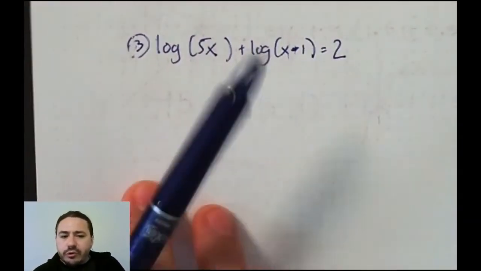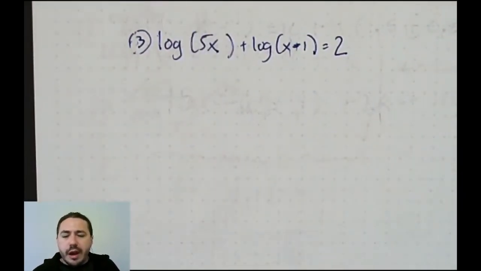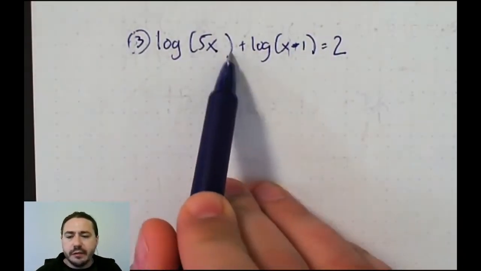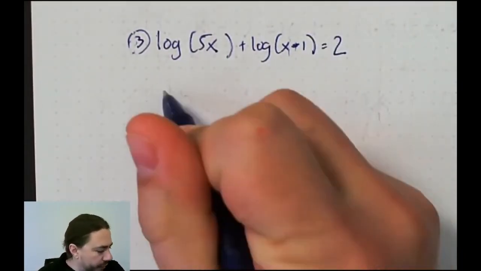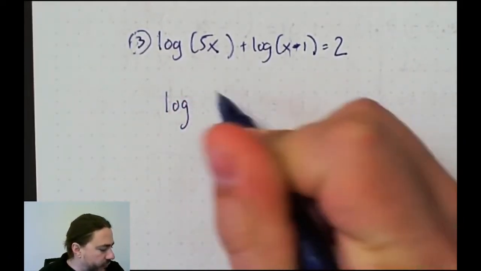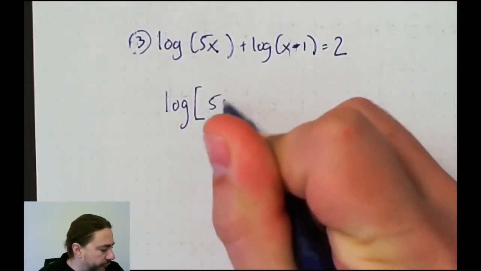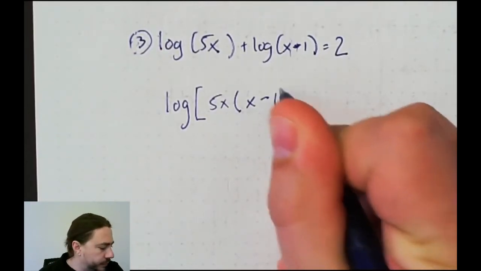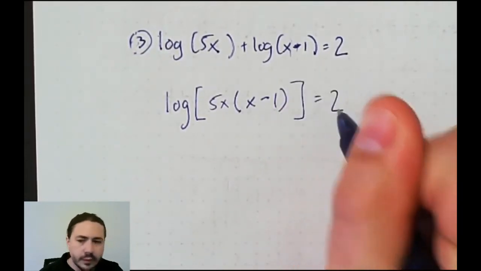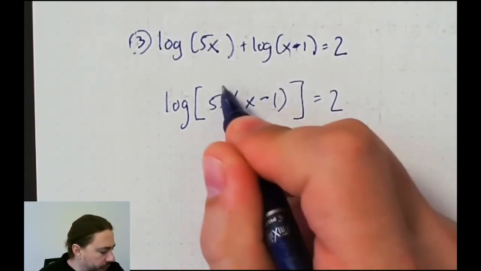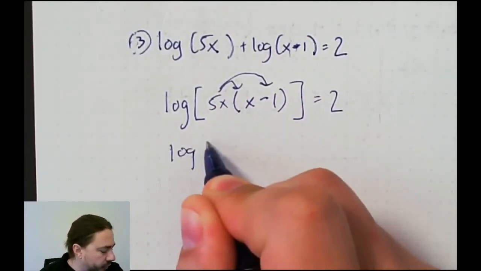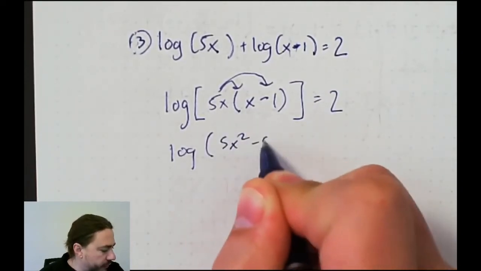So the previous one we used the quotient property. Here we're going to use the product property. So we've got a very similar setup here, except instead of dividing, we're going to be multiplying. So I'm going to rewrite this as log of 5x times x minus 1. So I do need to multiply this out, and so that gives me log of 5x squared minus 5x